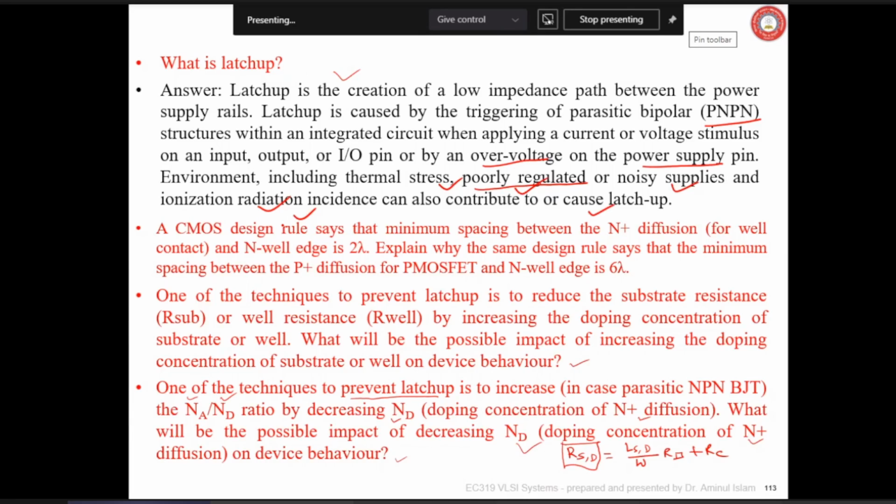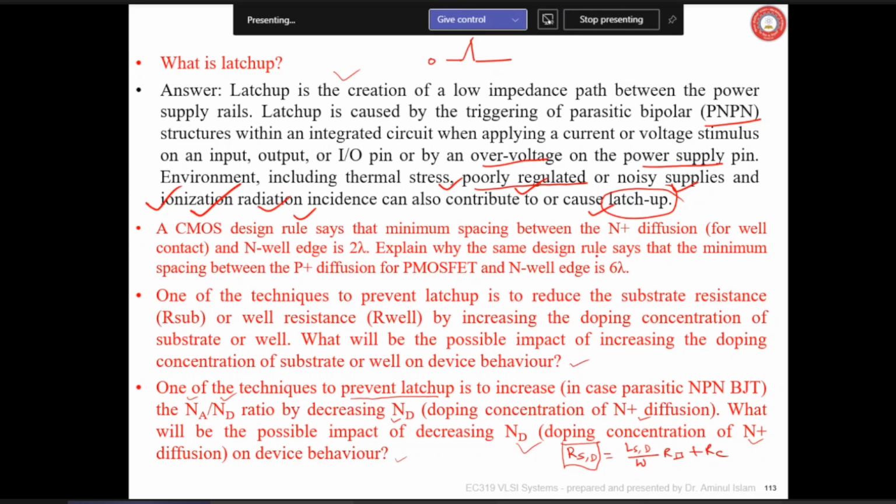It may happen also in logic circuits. So ionization may also cause a voltage transient, or because of that a current transient may also occur. So voltage transient means what? It should be 0, but instead of 0, it suddenly becomes some high value. The magnitude of this spike may be 1 volt or so, or even more than that. If that happens, then the latch up problem may also occur.